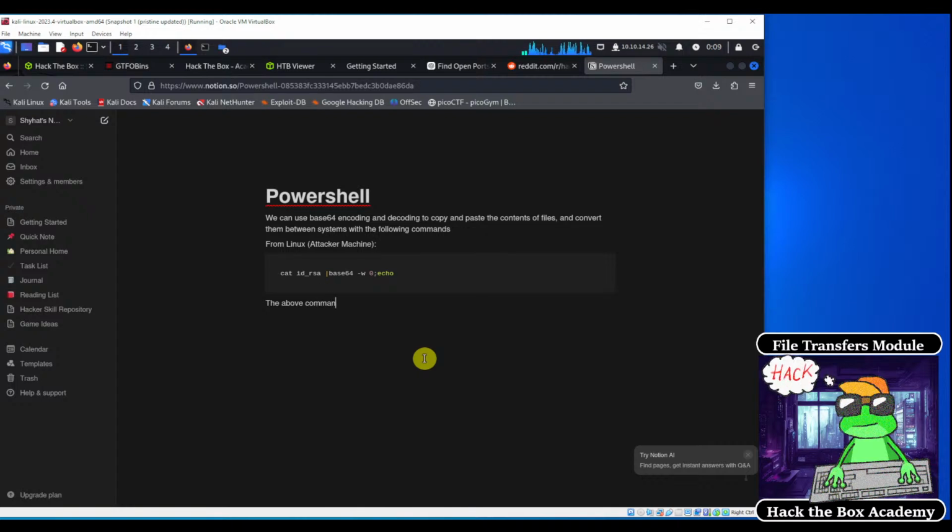The above command can sub out the ID RSA file or any file we desire, and the command's output can be fed into the next command on the Windows victim host. Okay, so